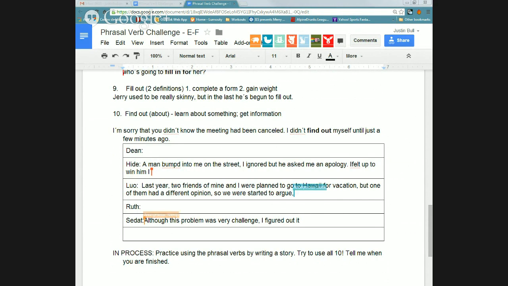And Ruth, do you have it figured out? I'm using one of the examples. All right, so Ruth, there's a Google document linked in both chats. I put them on. So you open the link and you can edit it in your Google document. But if it doesn't work, just put it in the chat. Okay?